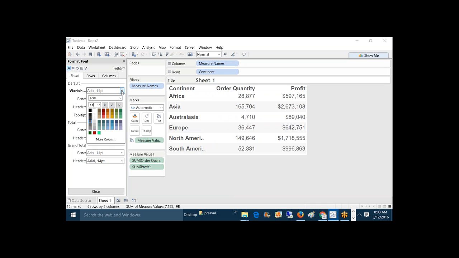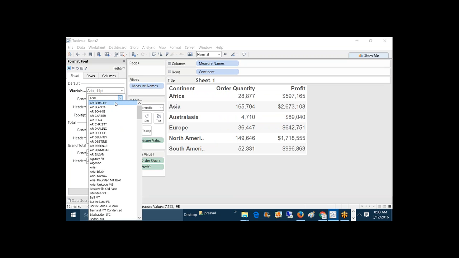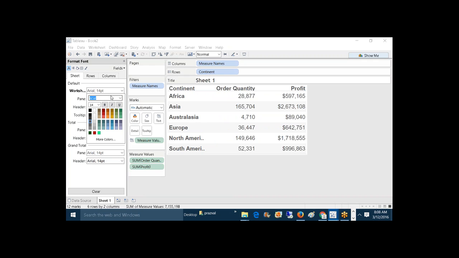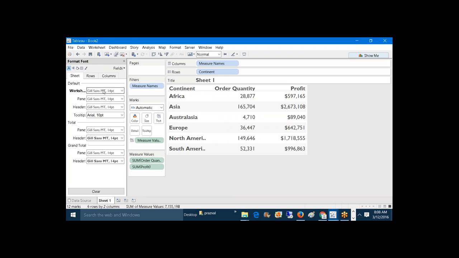And here we can add the required font type. I'm adding one font type called Samsung. Okay, so here I have formatted the complete worksheet. If I click on worksheet, in the worksheet, if I set any font,